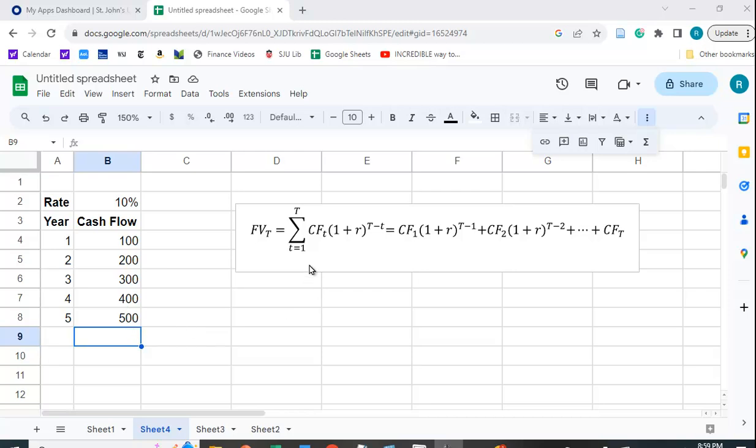So the general formula is going to look like this. It's the cash flow in time period t times 1 plus r raised to the big T, the last period, minus t. So in this case it would be 5 minus 1 for the first one. It would be 5 minus 2 for the second one, right? And you'd find the future value in each, and then we would just sum them up. So let's see if we can do that